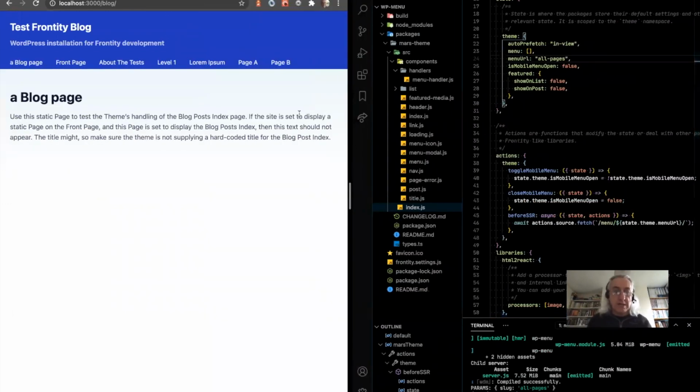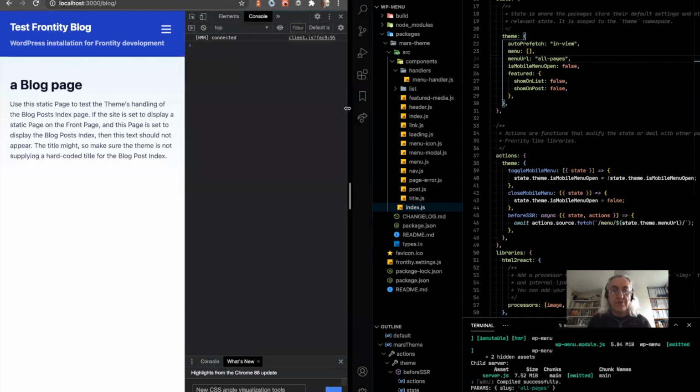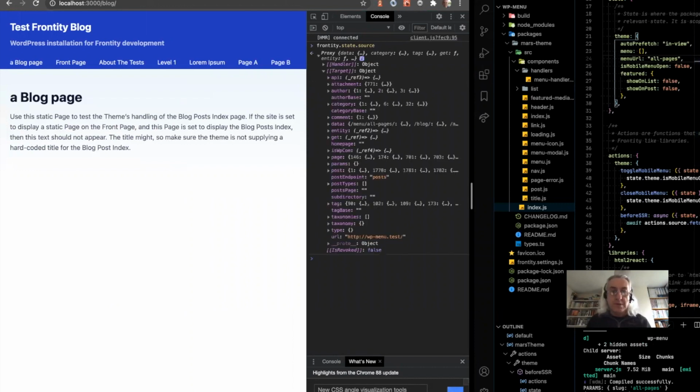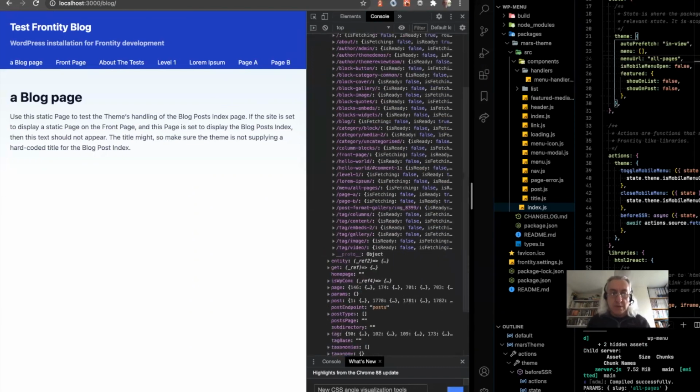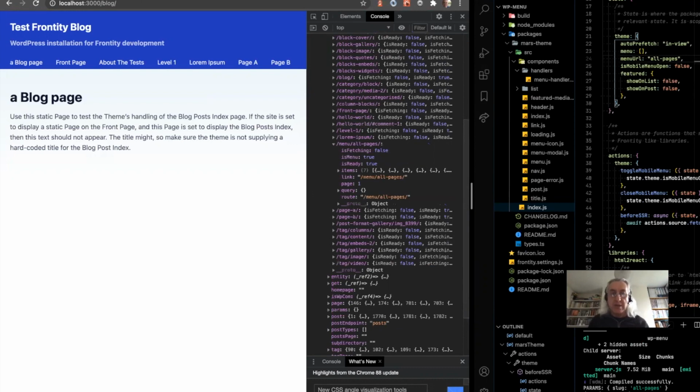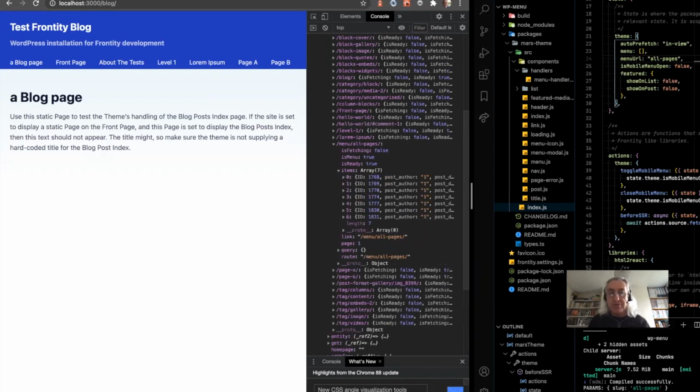If we go and look at this state here, under data, menu all pages, and we look at the items, we see that